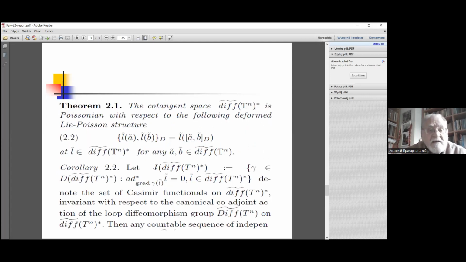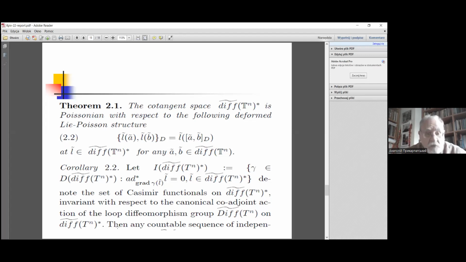I should mention here that the set of Casimir functionals on the cotangent space to the diffeomorphism group on the torus are defined owing to the standard Lie bracket on the tangent space. So we have the standard Lie bracket of vector fields on the torus, and so Casimir functions are related with this canonical Lie bracket on the tangent space